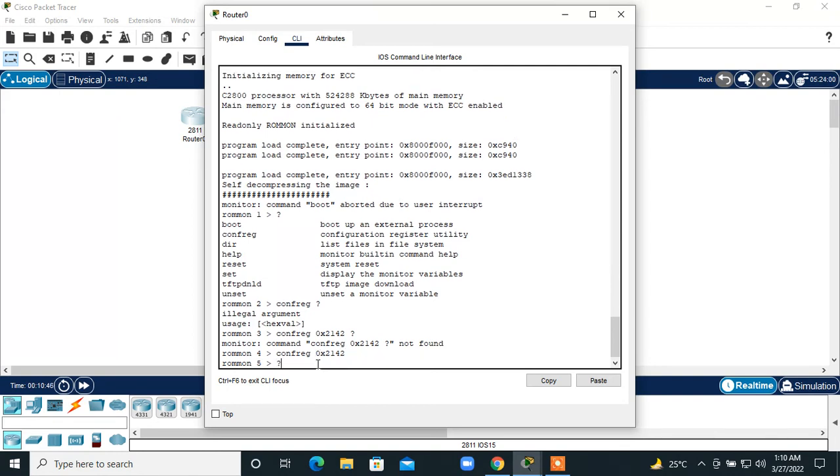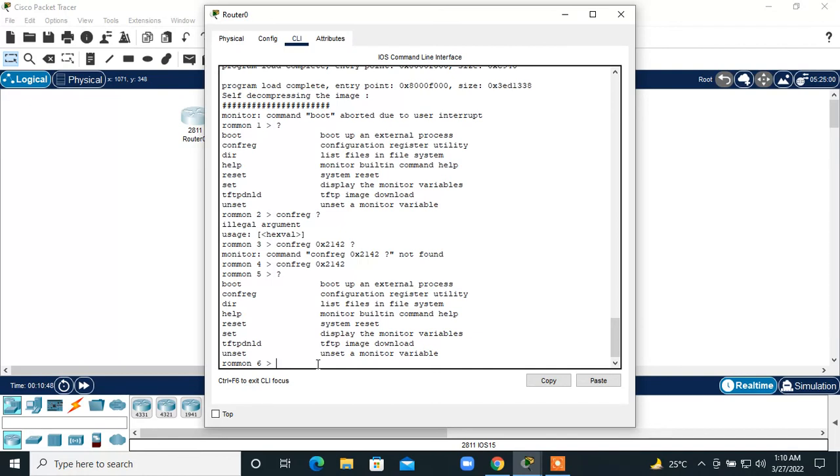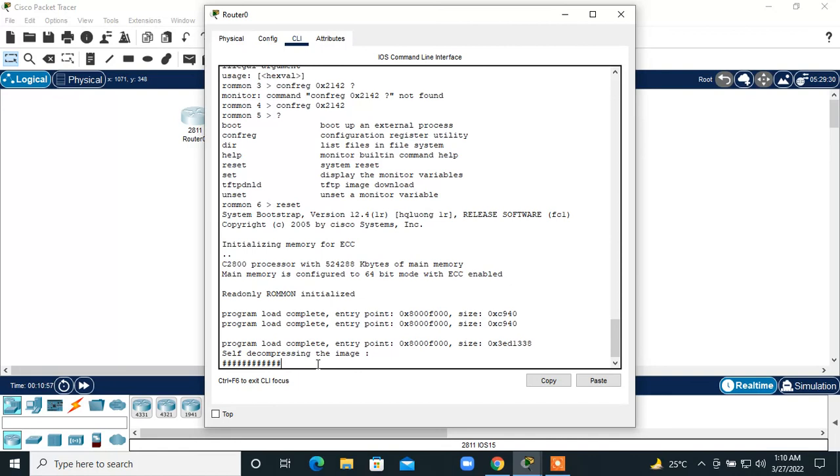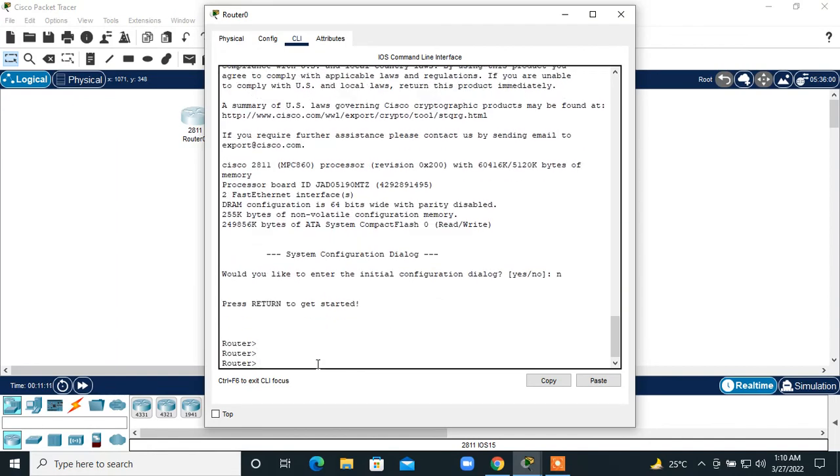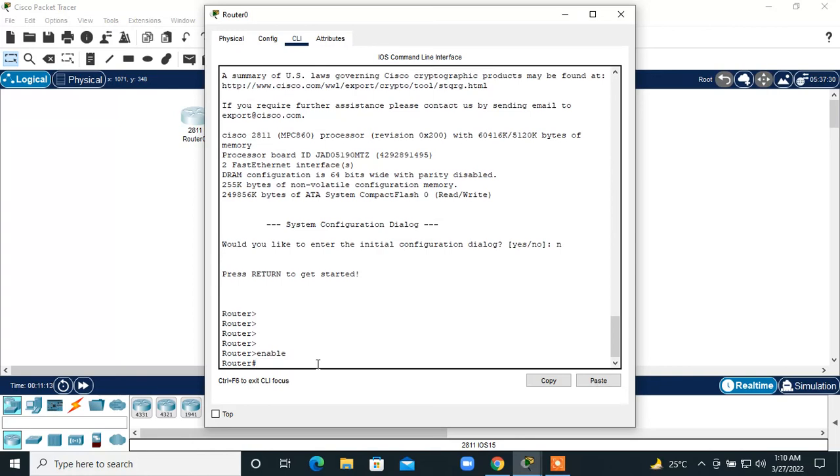right? If I press the question mark again, then I'll have to make use of this reset. So it is going to reset my router, and hopefully it should remove the password, and we should be able to see the menu, right? The router prompt, I need to say. So as you can see this, guys, we are back to the prompt, and we can do whatever we want,